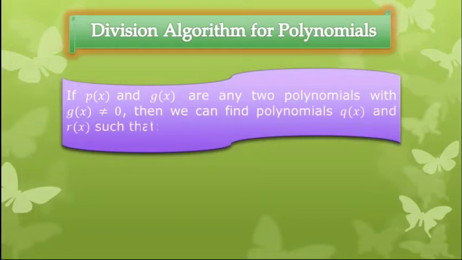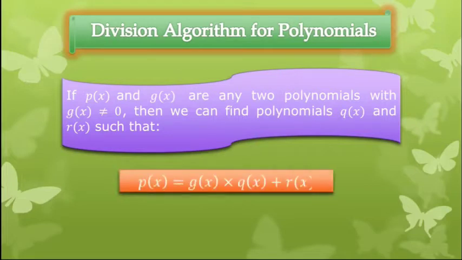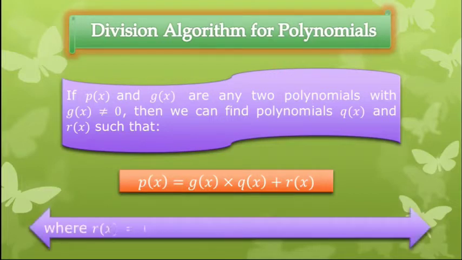It says that if p(x) and g(x) are any two polynomials with g(x) not equal to 0, then we can find polynomials q(x) and r(x) such that, when you divide p(x) by g(x), you will find two things: r(x), the remainder, and q(x), the quotient. So we can write it like that: p(x) is equal to g(x) into q(x) plus r(x),